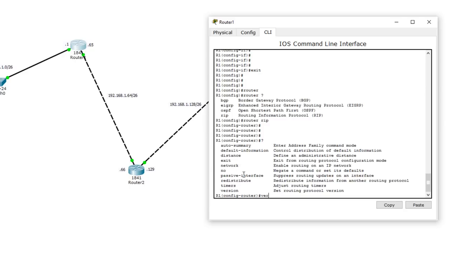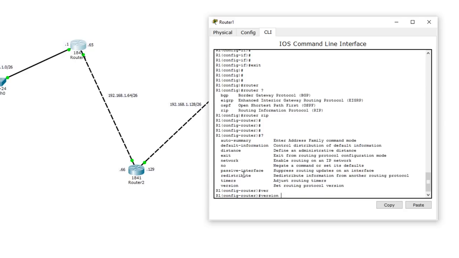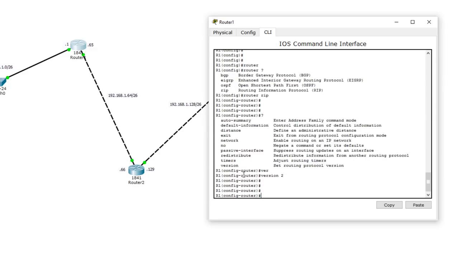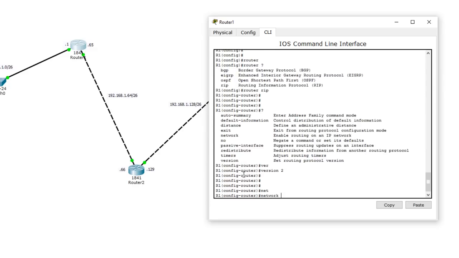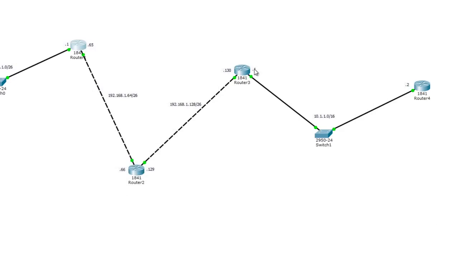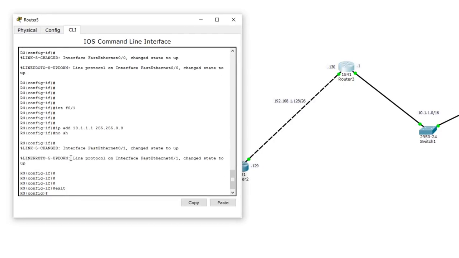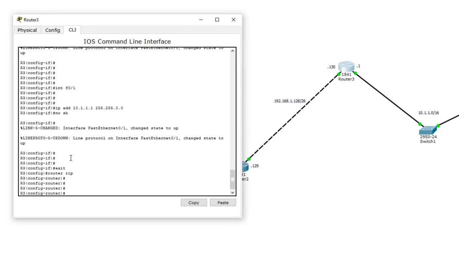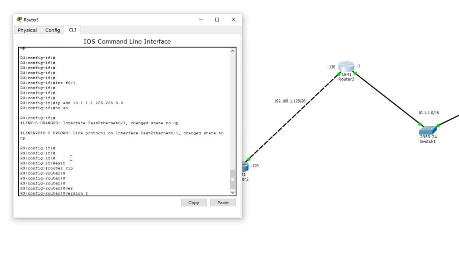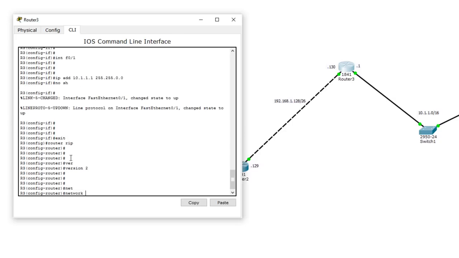So we start with version. Like I said, we only use version 2, so we go to version 2. The next that we're going to use is the keyword network, right? So when you say network, let me not start with router 1. I will come back to router 1. Let's start with router 3. So I go here, router RIP. So we have got into RIP sub-configuration. I say version 2. Now I say network,